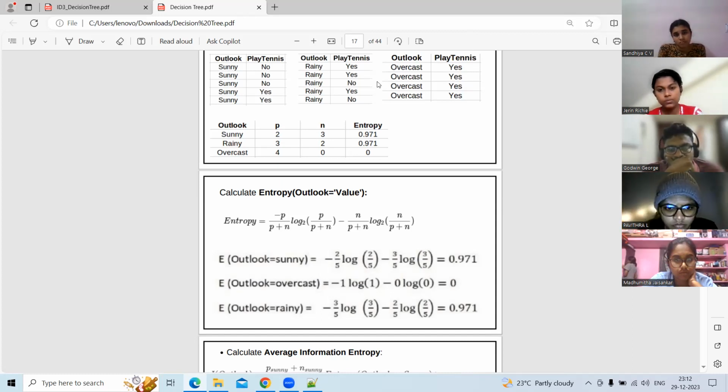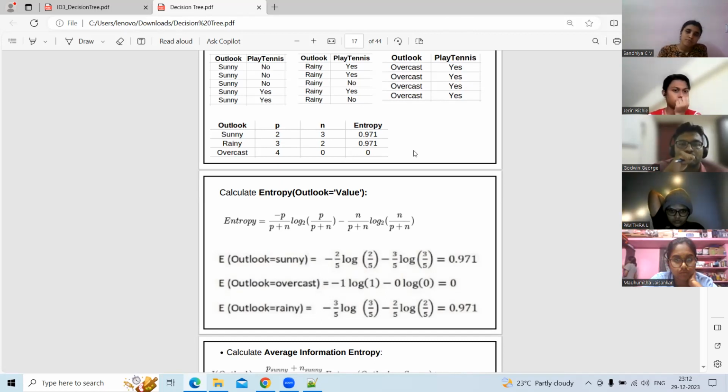Entropy is 0 because we are certain that whenever it is overcast, the person will definitely play. We have good information here. So, okay, this is one thing. Now we'll try to find out